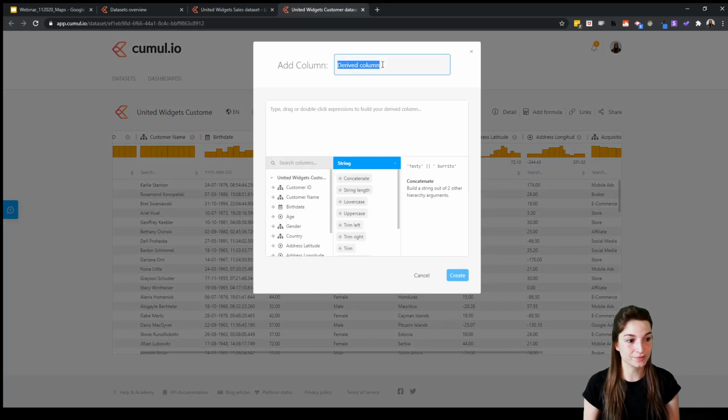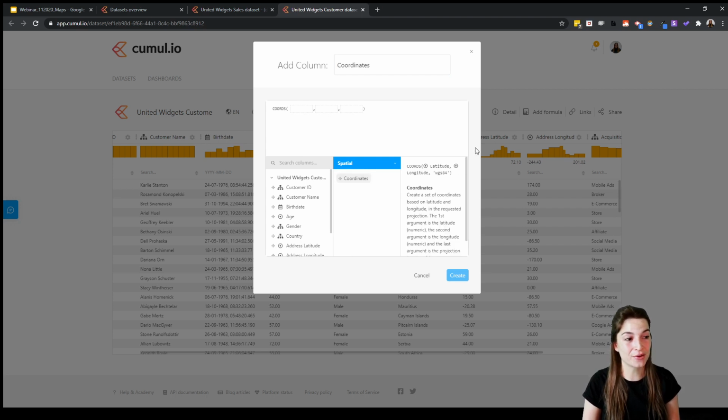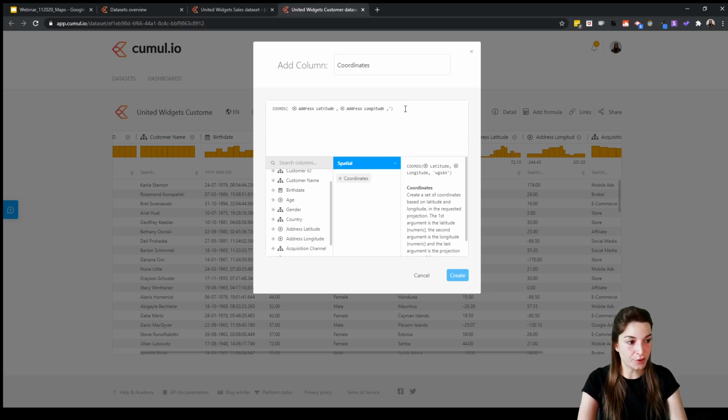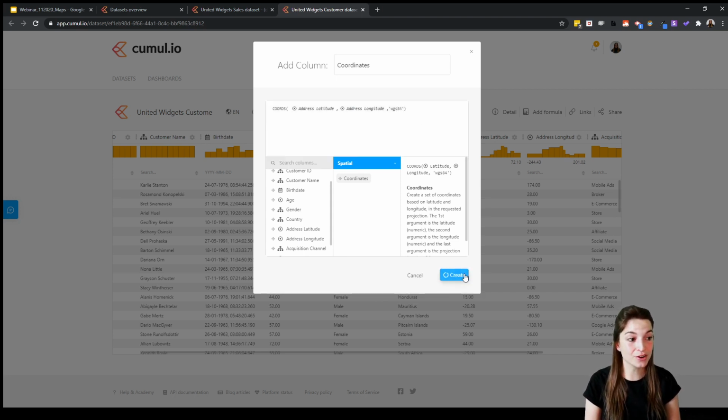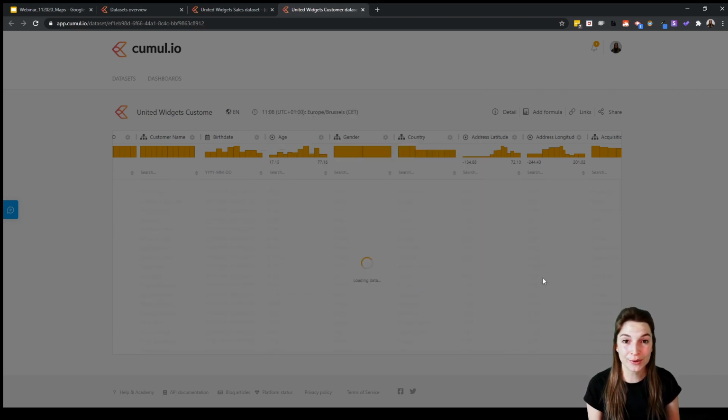Add formula, coordinates as a title. And then in the middle, I can click on a blue button, scroll down and choose the coordinates formula. When you click on the formula, you have some explanation on the right side that can help you out. So first, I take my latitude column, secondly, my longitude column, and the third part you actually need to add to make sure that the coordinates are in the right format. All right, click on create,